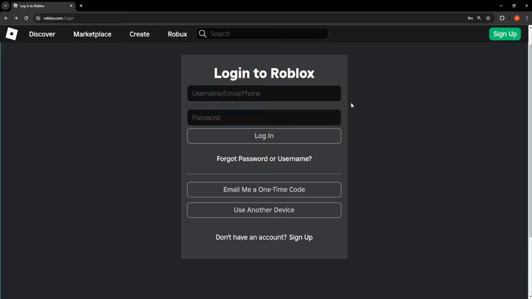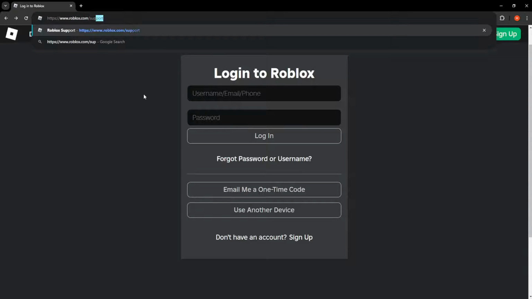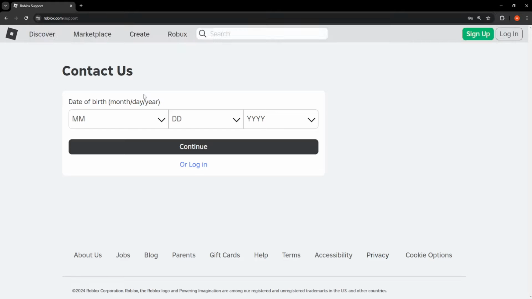How to recover a hacked Roblox account without password or email. So here we want to go to roblox.com and we will automatically be taken to this login screen. Now what we need to do is change /login to /support like this, and now here it's going to ask